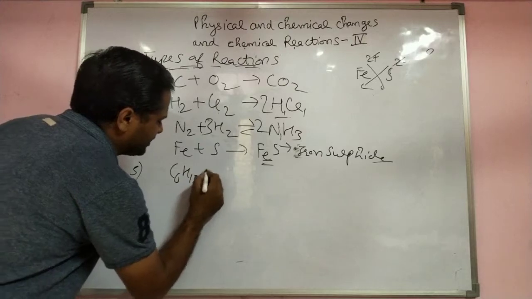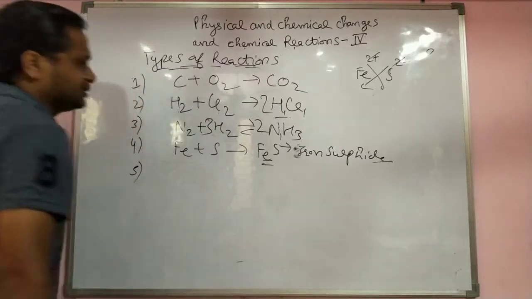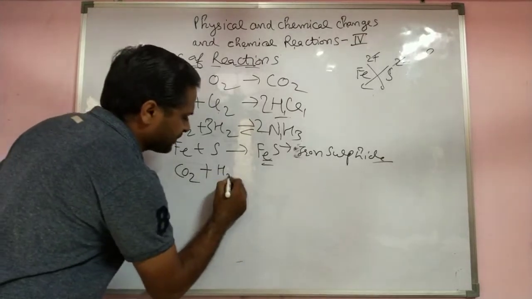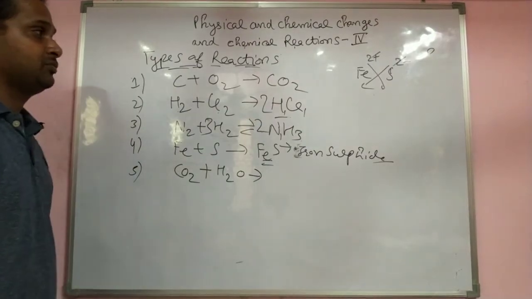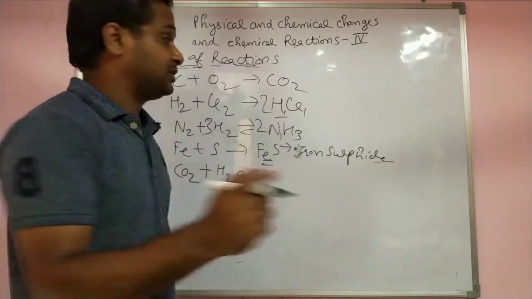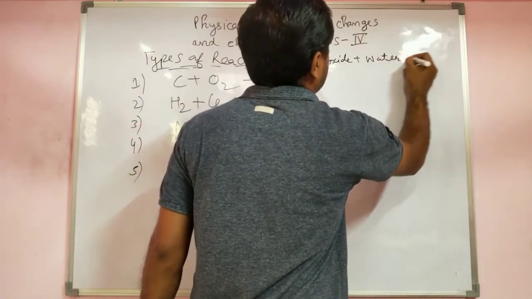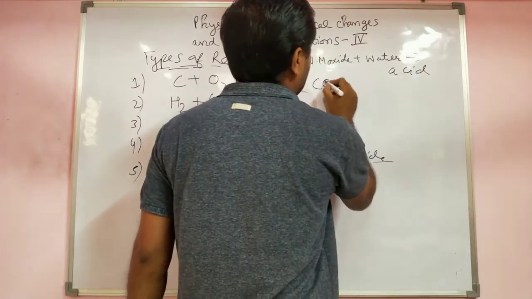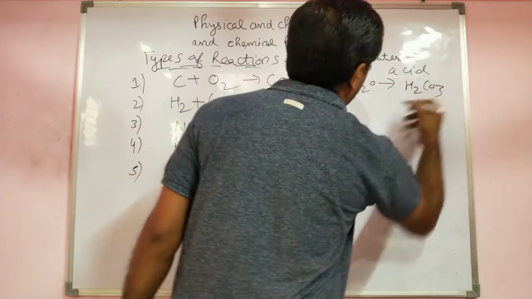Photosynthesis and respiration are also such reactions. Take CO2. First of all, we do the carbonic acid: CO2 plus water. When any metal oxide reacts with water, this is the general reaction, keep in mind, already told: metal oxide with water gives us a base, but non-metal oxide plus water gives us an acid. So CO2 is a non-metal oxide, and with water it gives us carbonic acid. How? See.